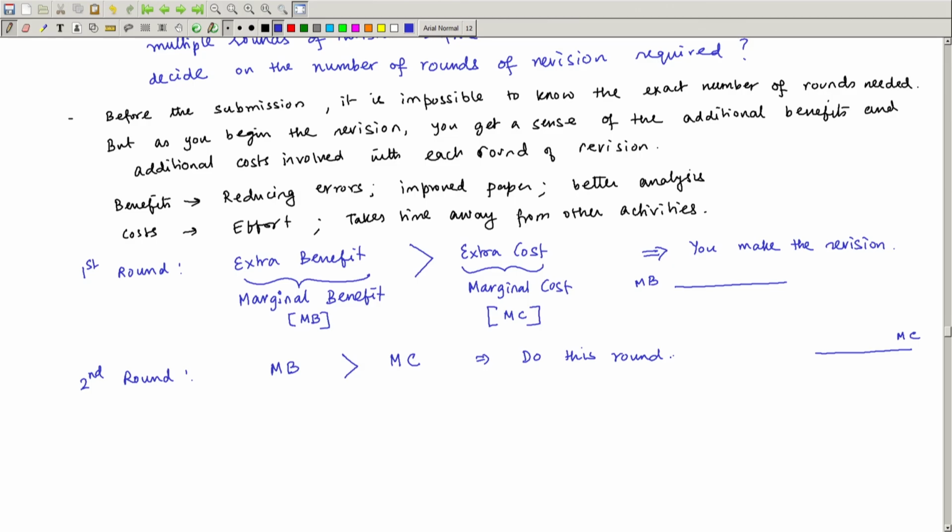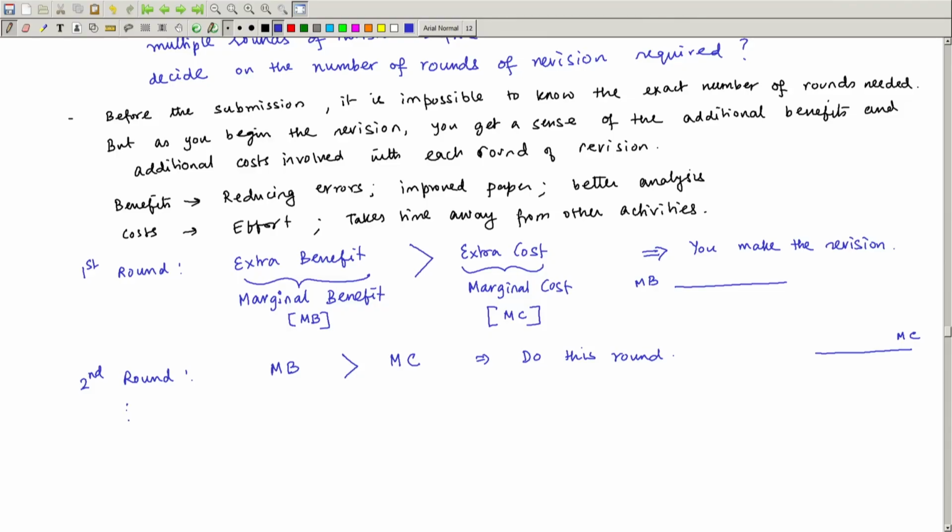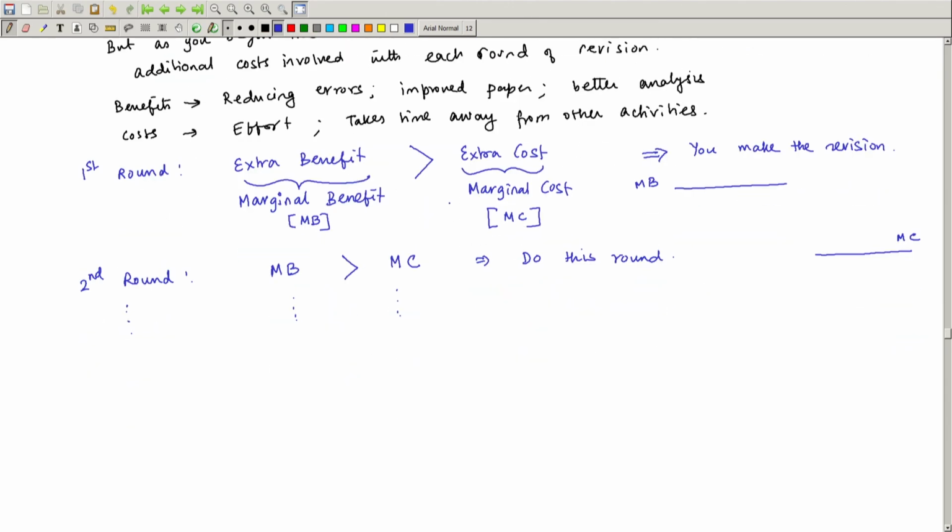So, spelling mistakes taken care of, then you focused on improving the content in the paper, you focused on presenting data properly, drawing the graphs, literature review, reading other articles, positioning your work, right, doing an analysis. So, you keep doing these multiple rounds, right. You did a third round, a fourth round, but notice once you keep on doing this round, these successive rounds, let us say perhaps you have reached a sixth round,